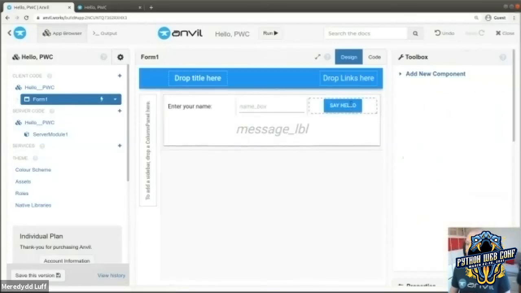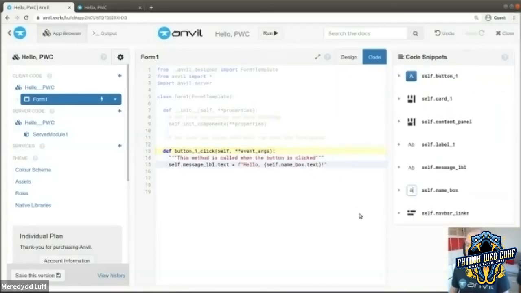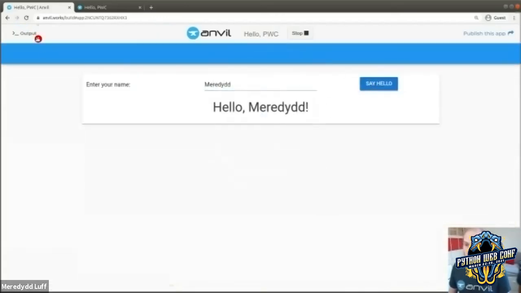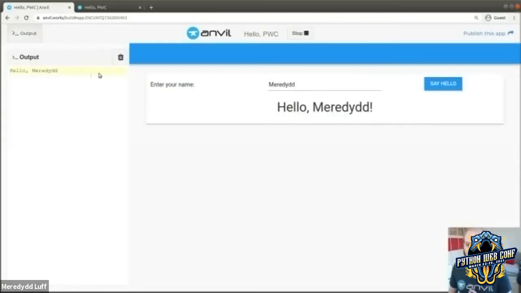So here, when the button gets clicked, I update my UI, but I also anvil.server.call, say hello, and then I pass in the text from that text box. And again, see that you haven't changed the form in which this data is represented. It's all just a Python function call. It's just a Python string. And sure enough, we can see there's some output in the logs here. That function has run on the server.